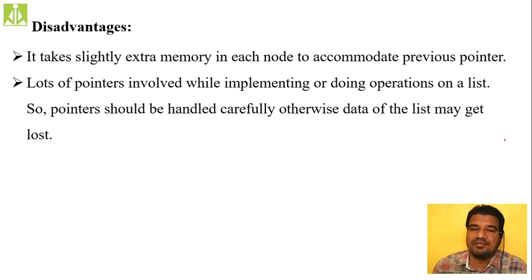Otherwise, what will happen if you forget to put even a single link, or if you misplace a single pointer link inside the circular doubly linked list? There is a possibility that your entire doubly linked list will crash. So it is very sensitive. You need to give more attention and more effort, and you have to handle this doubly linked list, especially the circular doubly linked list, with more care. And as we said, it is the highest level of complex data structure that we are going to discuss over here.